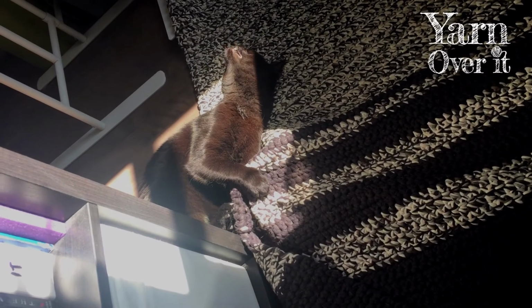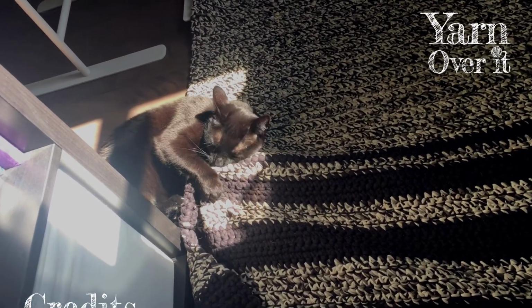Jasper, why? Why are you attacking the rug? Jasper,